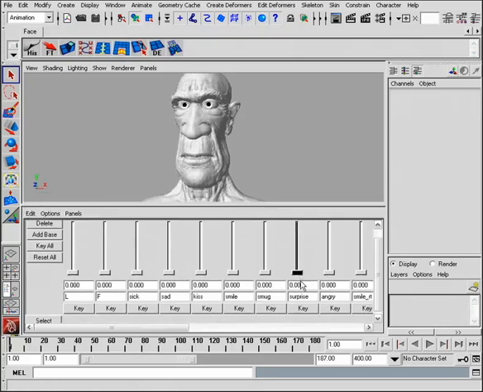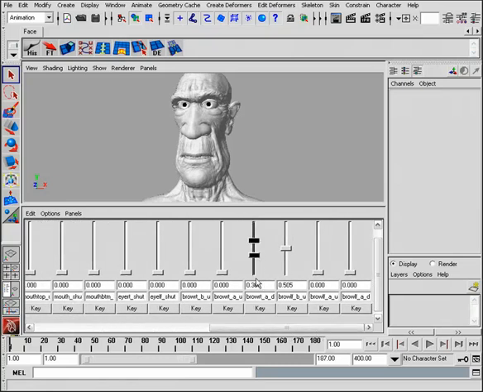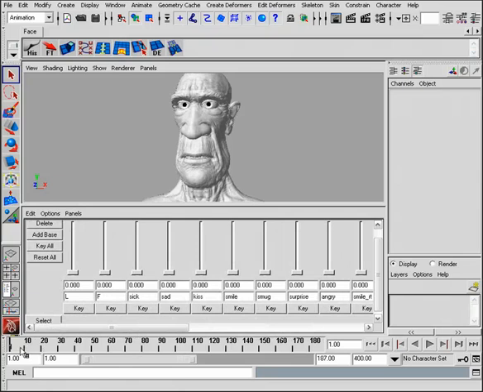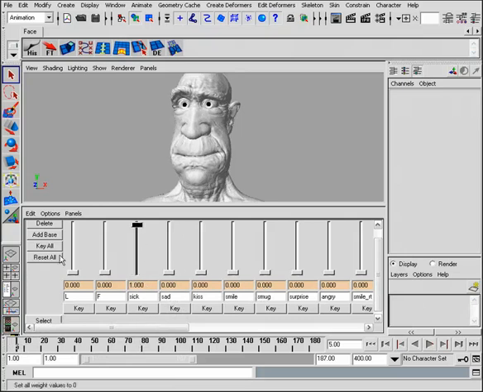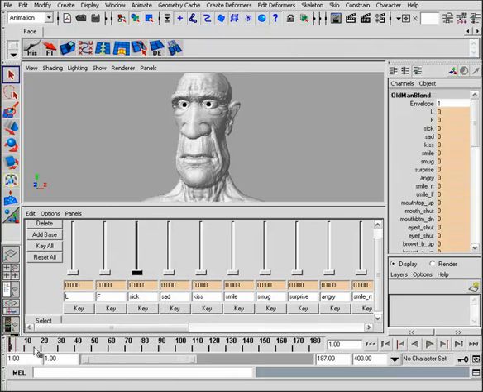Okay, so to animate them, you can just use keyframing. We can go here to our 0, and let's just say key all. That's going to add keyframes to all of our blend shapes. And then let's say at frame 5, that's at 100%, so we can key either that or key all. If we select it, you'll be able to see the actual keyframes there in the time slider. So now if I play that, you can see,